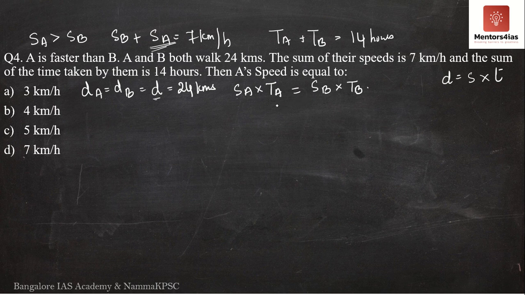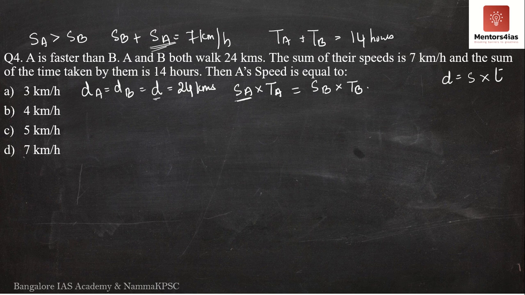If you have only one equation, we should have only one unknown variable to identify its value. So we'll have to eliminate 3 unknown variables. What is the question asking for? The question is asking for A's speed, so we only have to retain SA. We have to eliminate all of this. How can we do that?